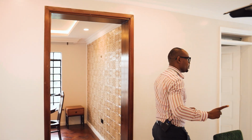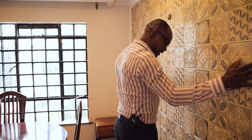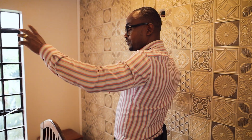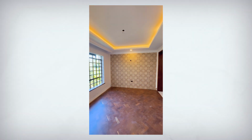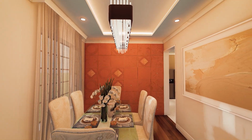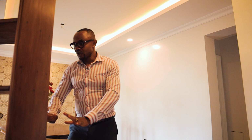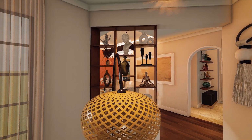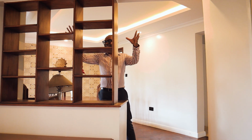Getting architraves on both sides. This is the dining area. I just talk about it. We did this. The other side looks beautiful. So nice dining, nice lighting, and this here just breaks the monotony of the soft white on the wall. From there, we break the transition between the dining and the main lounge with this nice, beautiful,